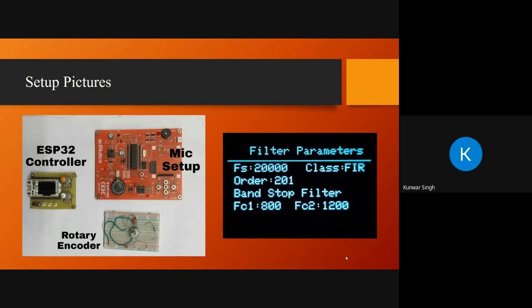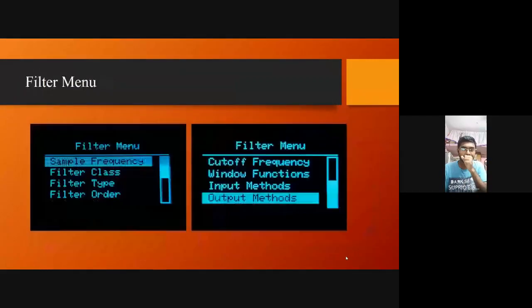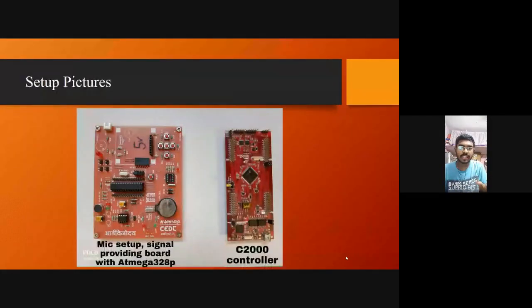So apart from the ADC, does memory also impose a constraint? No, memory does not impose a constraint because both controllers have external flash memory attached. This ESP controller has a 4 MB flash. The C2000 controller has around 1 MB of flash. And we are not logging any data on the controller itself. We are taking the input, processing it, and just outputting the data. For logging it, you can put it on a laptop or something.